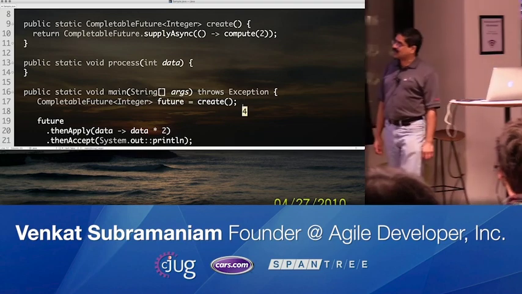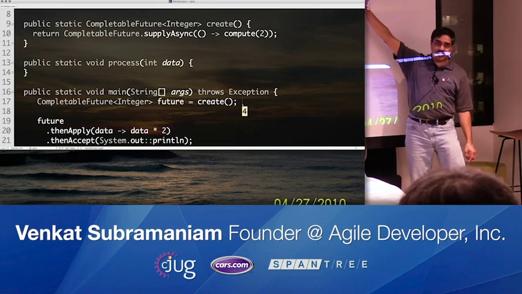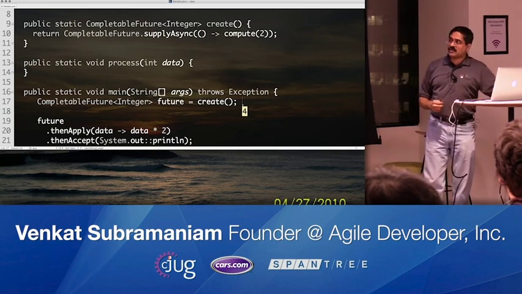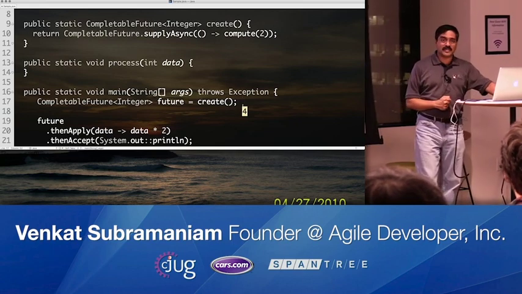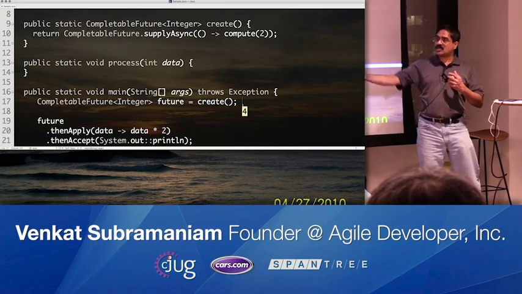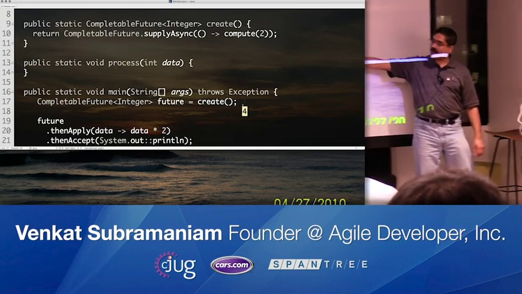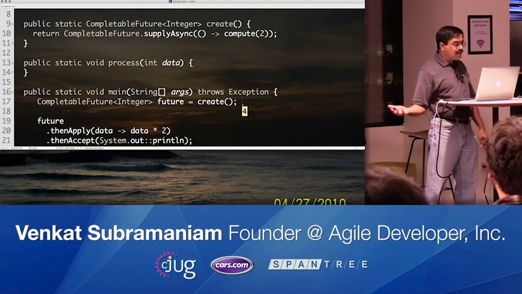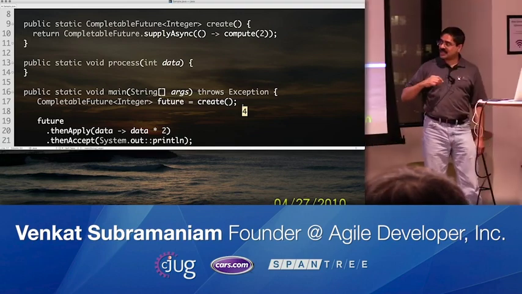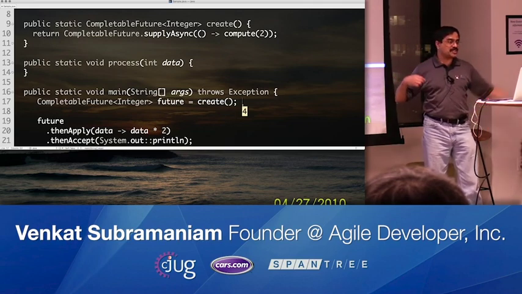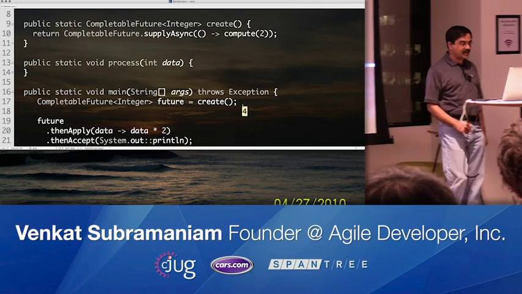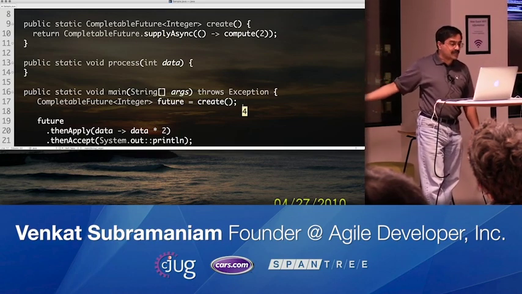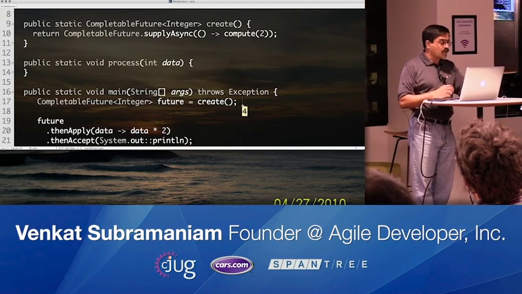So obviously in this case, it's a silly example where I'm returning a 2, but that could have gone out to a service and gotten maybe a customer's balance, or it could have gone to a service and gotten the customer's credit limit. So these could be bringing it over, and you could be performing a transformation of the data that you got asynchronously, and you can do the mapping. So the then apply is like your map function, and then accept is like your for each function. You're drawing that pipeline through this asynchronous call. So the data 2 comes through, and you're able to double the 2, and you get back the result of 2 times 2 is 4, and you are printing it out.